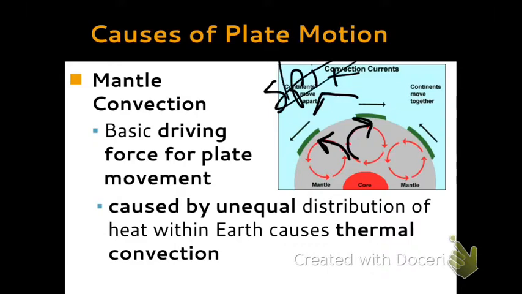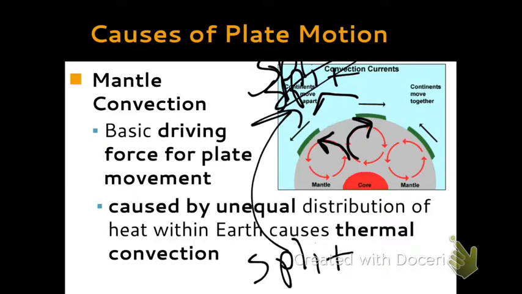It causes them to split. So as those convection currents are going away from one another, it's causing the plates to also go away from one another. These are going towards one another, causing these also to move together. So convection current